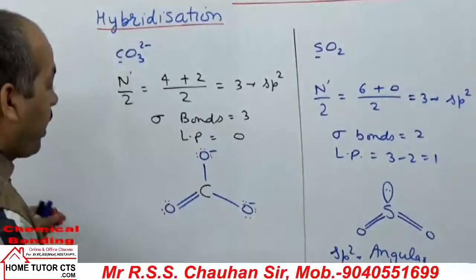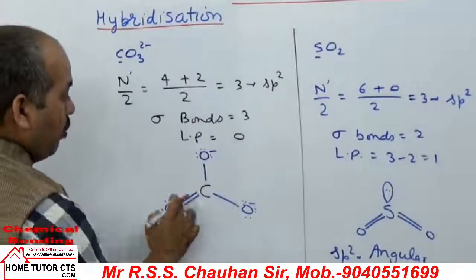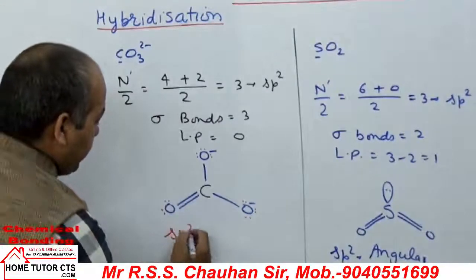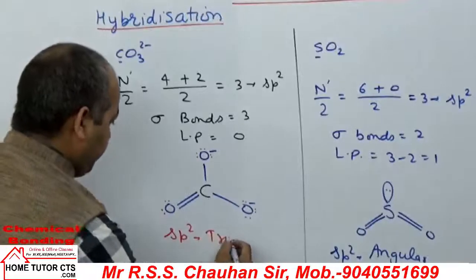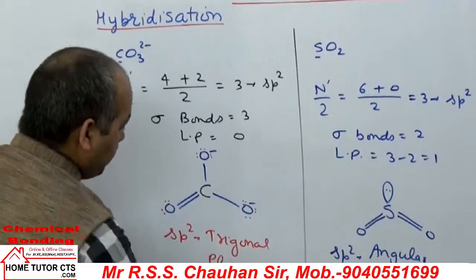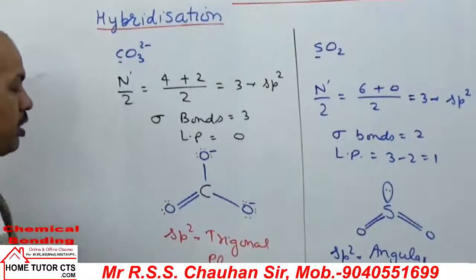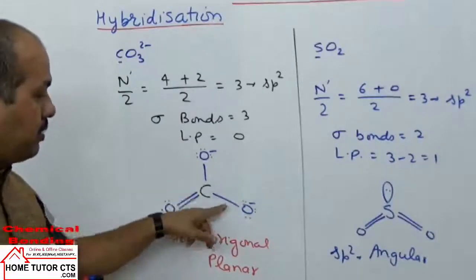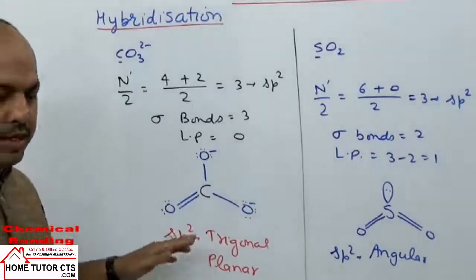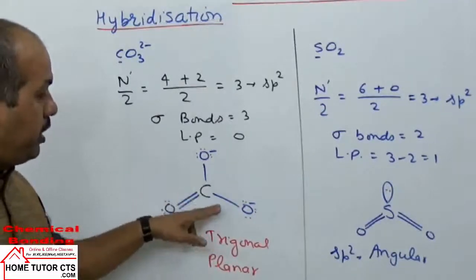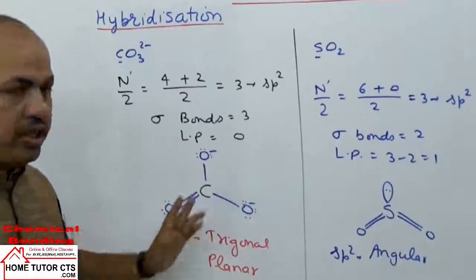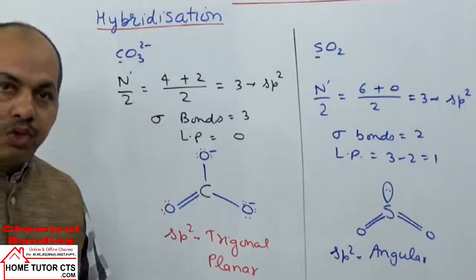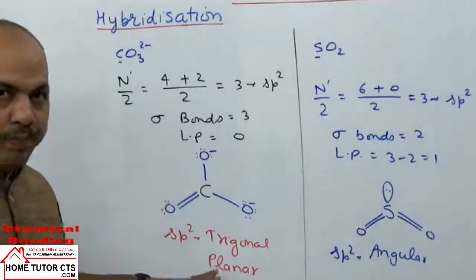So this can be taken as the structure of carbonate. And by resonance, all bond lengths are the same. Resonance I will explain after hybridization. In this case it has hybridization sp2 and shape trigonal planar. All the atoms lie in the same plane, and all the bond lengths will be equal. Students think that there are 2 single bonds and 1 double bond, so the double bond should be short and the single ones longer, but no. All the bond lengths are identical because of the phenomenon of resonance. So I hope it is clear.